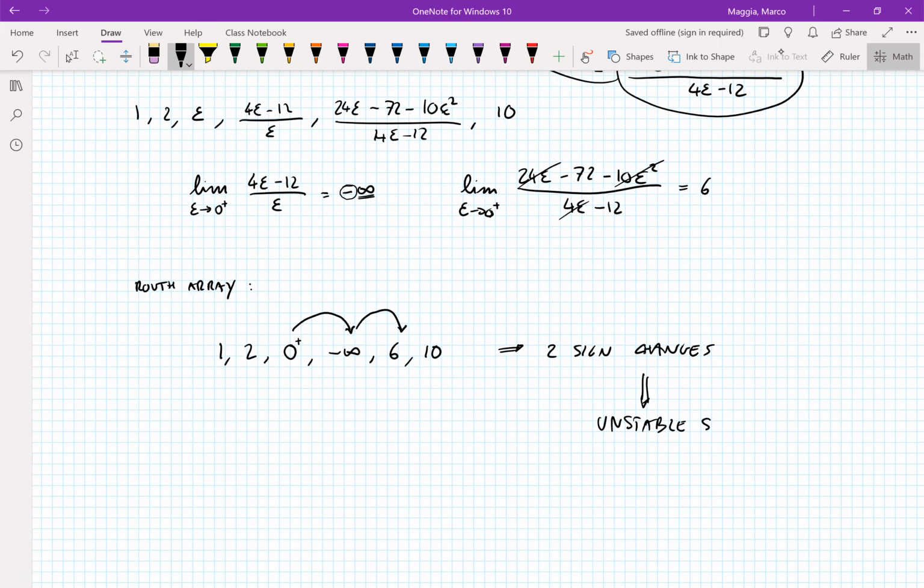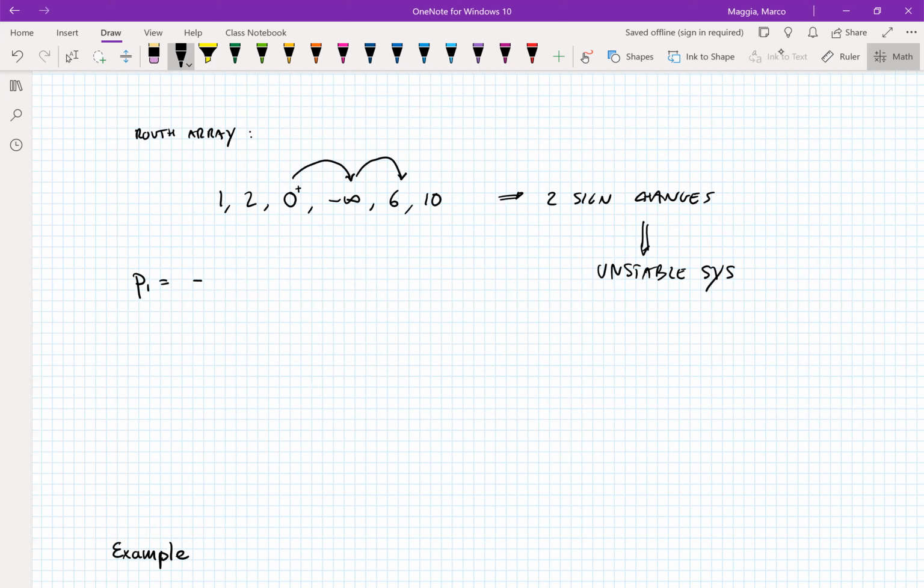Once more, we can directly compute the poles just to verify that our assessment in terms of stability is correct. We have P1 that is a negative real number. P2 and 3 are complex conjugate with negative real parts. But P4 and 5 are also complex conjugate, but now their real parts are positive. And that's exactly what we predicted.